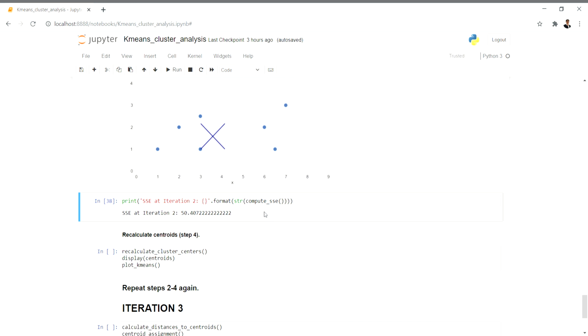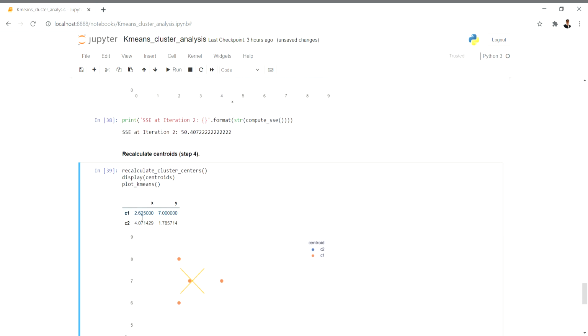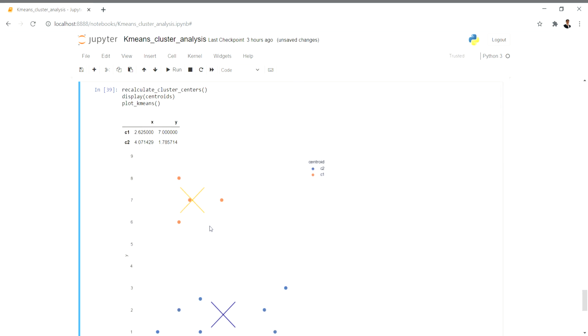Okay, maybe it's because of the number of data points. In the real world you will not get 10 or 11 points, but this is just for demonstration purposes. For only 10 points you can see the computation, but when you sit with pen and paper to do this, it's not worth it. So we are getting this associated with iteration 2. Okay, so we recalculate the centroids again. We get this. So these are the new cluster centers, and this is how my plot looks.